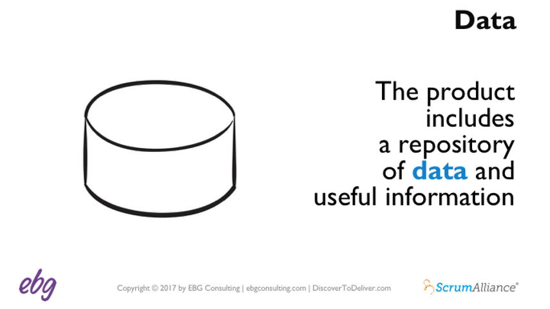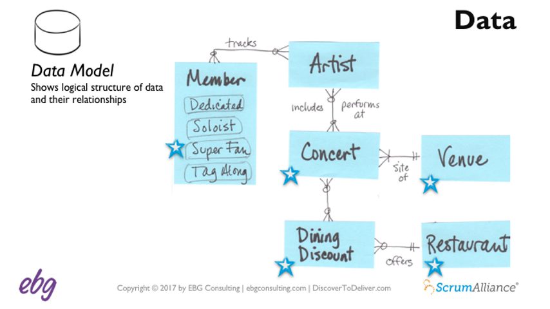So now let's talk about data. The data dimension. Wow, this is a really important one. Now, speaking of visual models, we like to use a data model to explore this dimension. Now, this is one particular format you may be familiar with. Again, some of you may use UML. Whatever you use and you're comfortable, use it, because it's a very quick and efficient way for everyone to get a grasp of the data needed for the product and for the story.